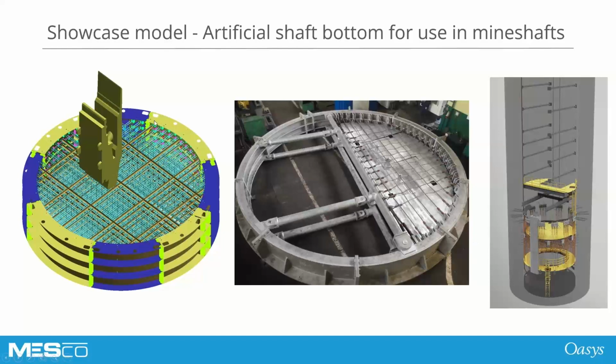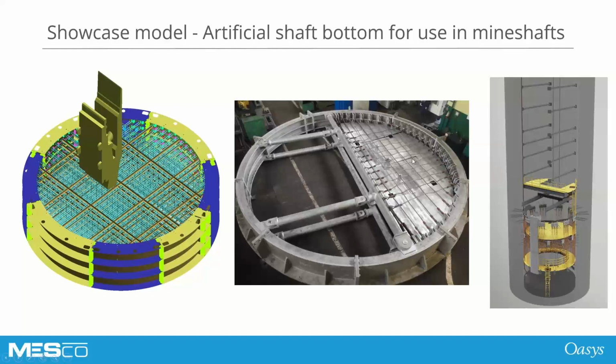It is positioned at the bottom of the mine shafts, and when the workers want to dig deeper below the existing mine shaft, they install this artificial shaft bottom at the bottom of the well to protect them from the falling debris from operation in the other parts of the mine. So let's just imagine that the workers are trying to excavate below this structure, and the miners working in the other part of the mine